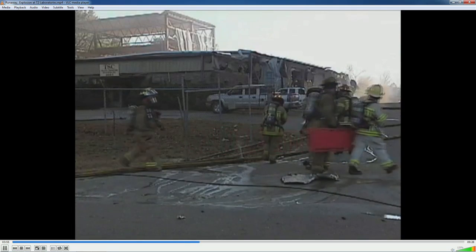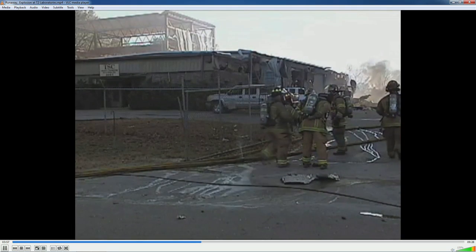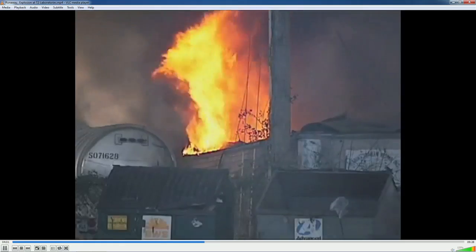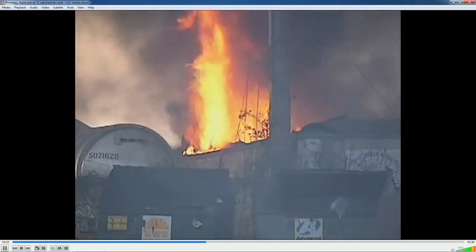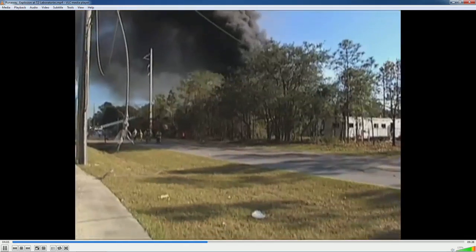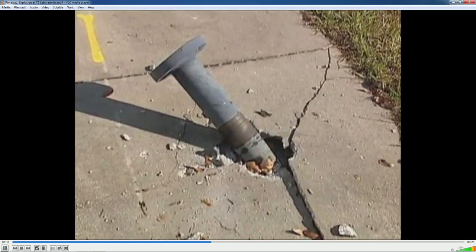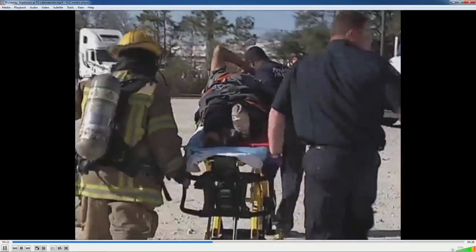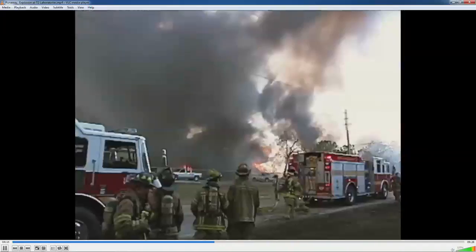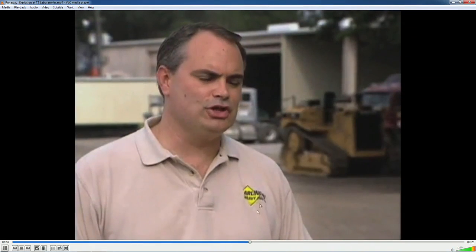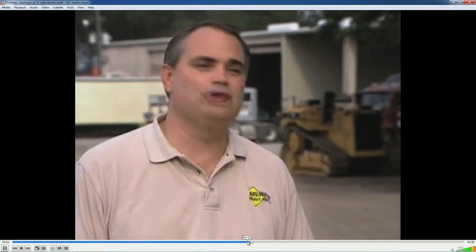The blast damaged buildings over 1,500 feet away. Debris rocketed up to a mile. The co-owner and the operator in the control room were killed. 2 operators further away died from flying debris. 32 other people were injured, including 28 at nearby businesses. This facility immediately was a shock or a surprise, and all of us were shaken afterward.